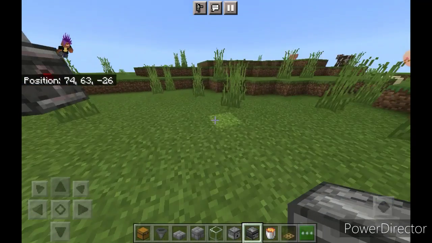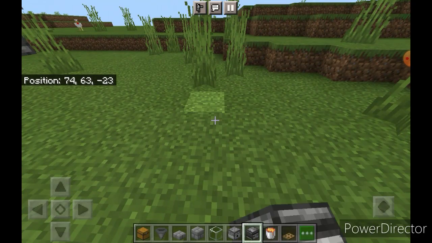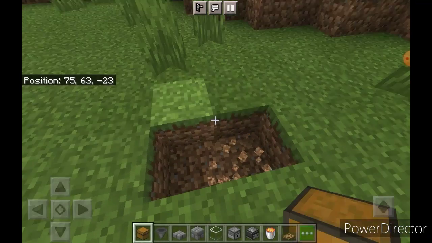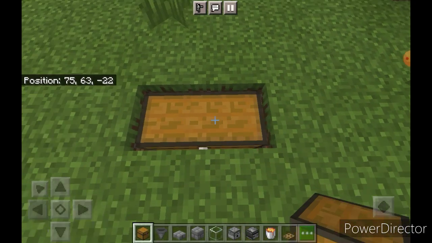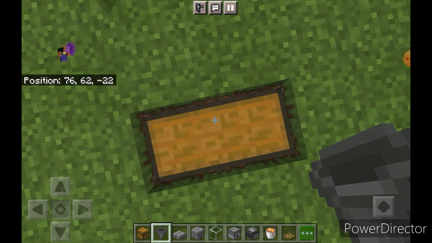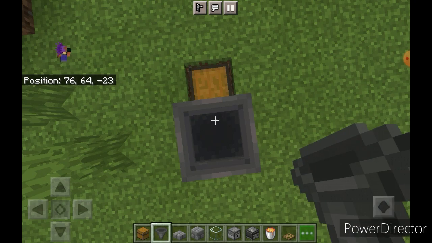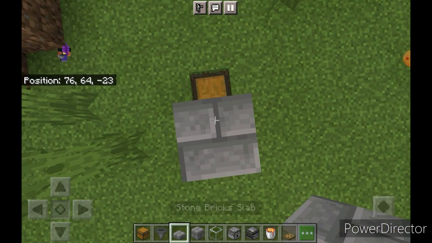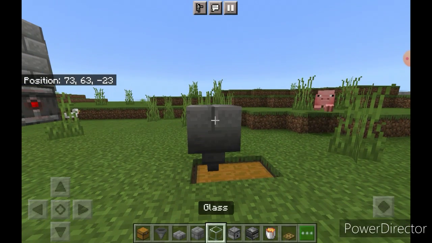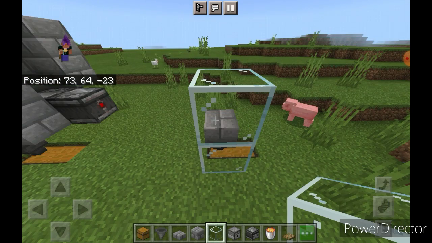So we're going to be making this farm right here, and the first thing you want to do is punch out 2 blocks in the ground like this. You can do 1, but I do 2 because then you can do a double chest. Then on one of the spots on the chest you got to crouch and then jump up and place a hopper, and you got to place a half slab on top of the hopper so it looks just like that. Then you put a piece of glass there and another piece on top of that,